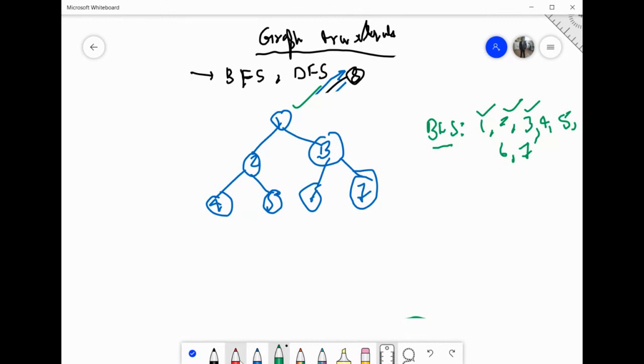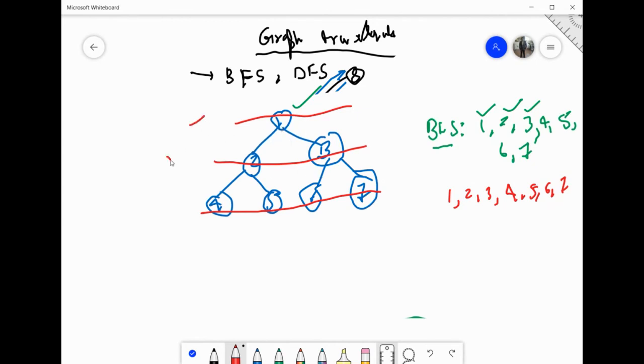If you see, this is a kind of level order. You print level 0 element, that is 1. Then you print level 1 elements, that is 2 and 3. Then you print level 2 elements, that is 4, 5, 6, 7. So if you have a binary tree or a tree, ternary tree, quaternary tree like these, you don't have to see all those things कि पहले कहाँ से start कर रहे हैं, उसका adjacent क्या है. You can directly print all the level elements. That will give you the correct answer. Okay, so BFS is kind of a level order. You have to print all the elements of that particular level.